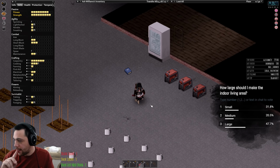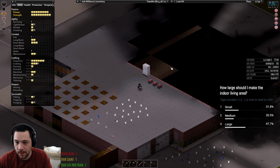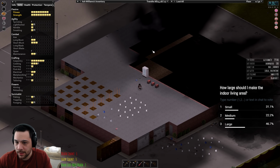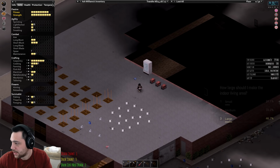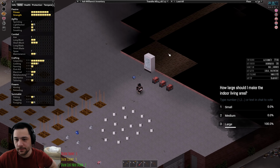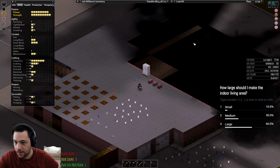All right, so what I'm gonna do now is, now that you understand what small, medium, large is, I'll have you revote. Small here would probably be leaving it as is. Medium would be doubling this size, and large would be quadrupling this size, roughly. So let's have a revote now that you actually understand what these mean. Sorry for making you vote twice. So this is small, medium would be like this, and then large would be like filling in this area here, which is a lot of...